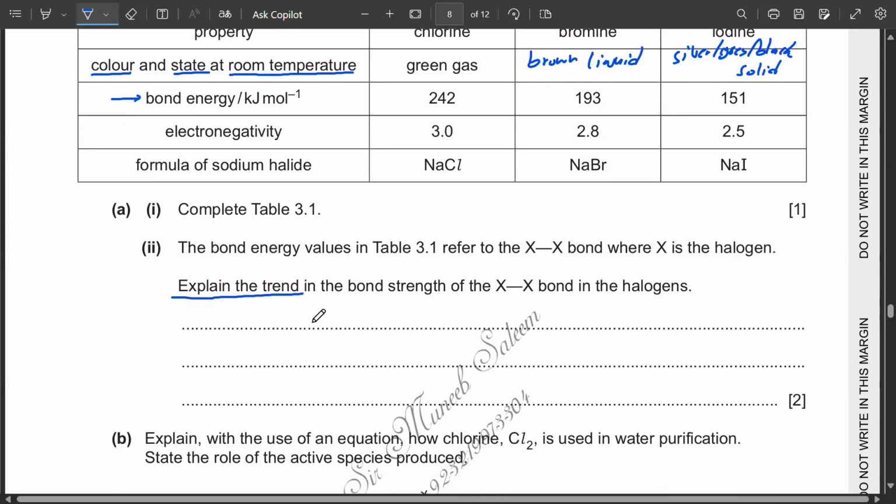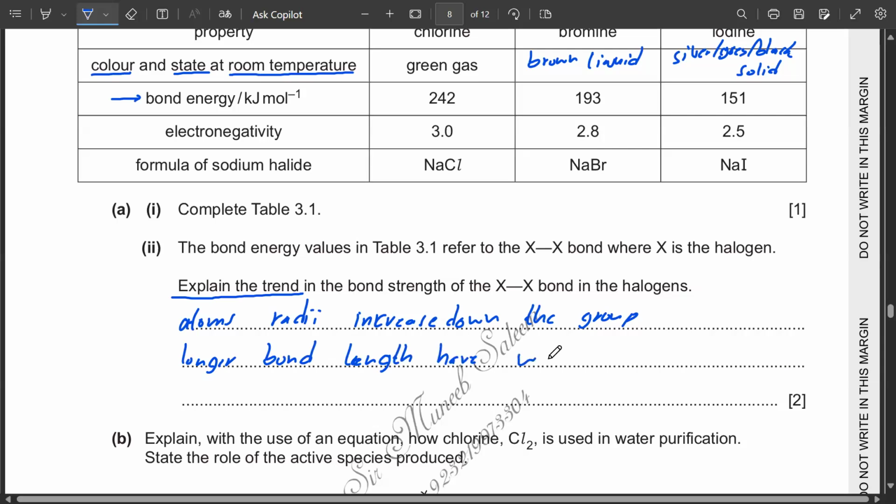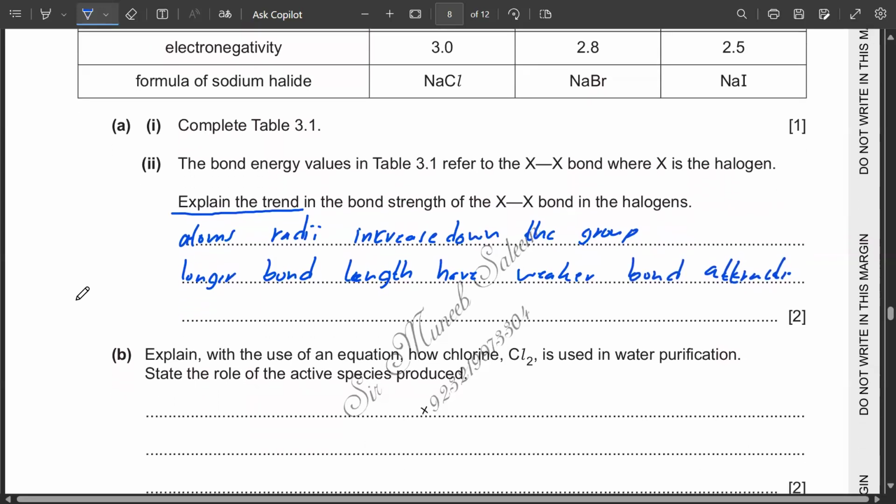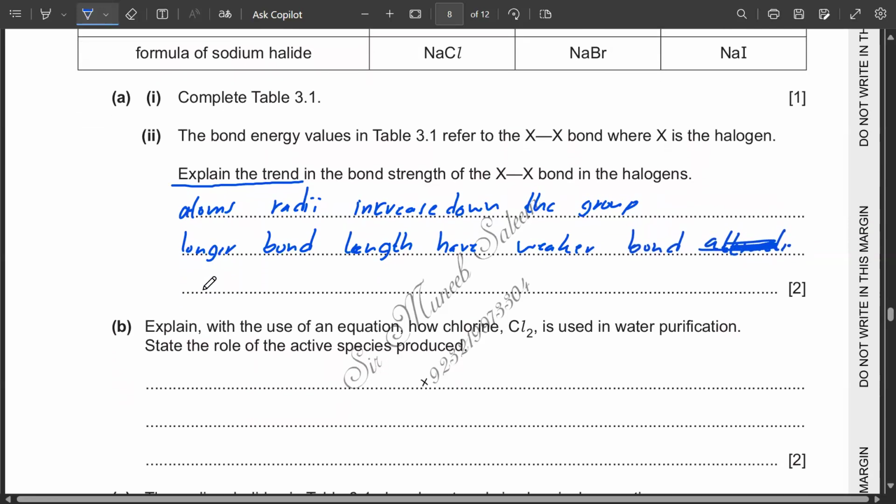So the reason for this is that the atoms are increasing in radii down the group. So atomic radii increase down the group. When the radius increases, the overlapping of the atoms becomes more diffuse or weaker. So a weaker or longer bond is there. Longer bond means longer bond length, and a longer bond length has weaker bond attraction. So the attraction of the bond is weaker, and there is a greater bond length between the atoms as the size increases. Having a large atom size gives a weaker bond or a longer bond length. Then B,